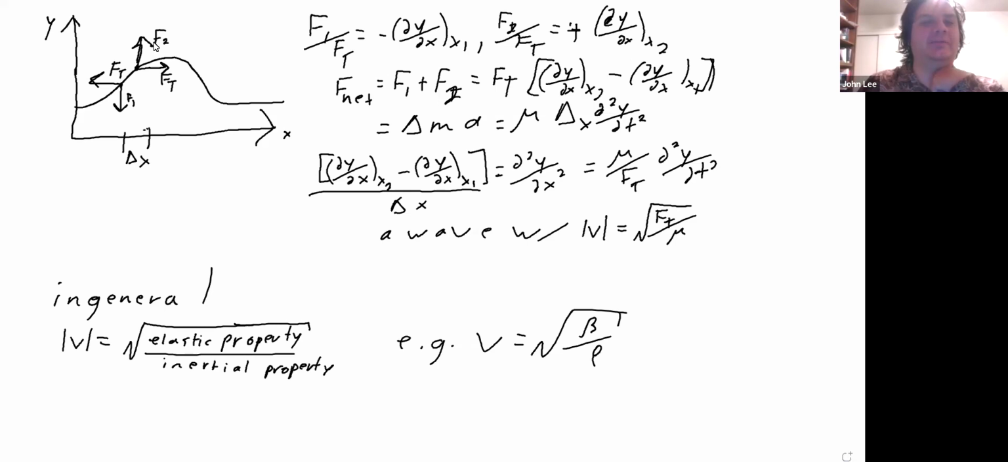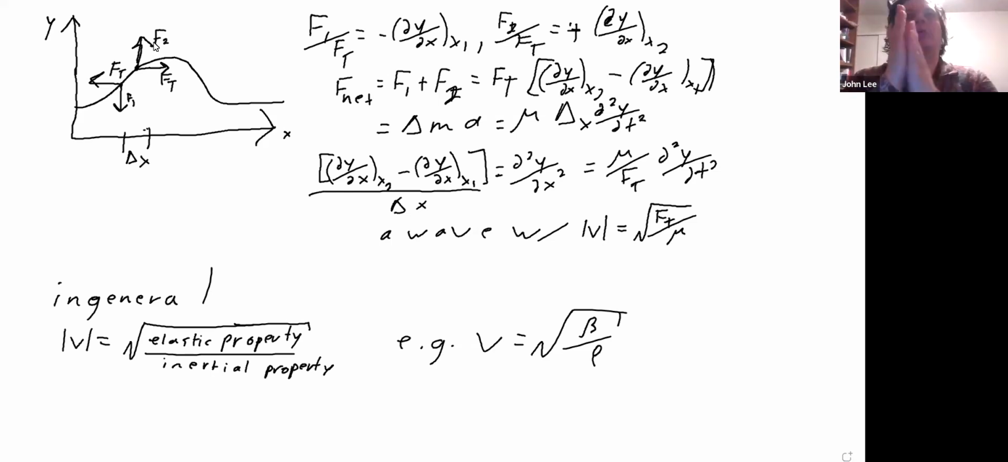is the tension force, are equal to the derivatives of the string at that period, where F1 over Ft is negative dy dx, where y is the height of the string, or how displaced up the string is, and F2 over Ft equals positive dy over dx at x2. So the F net is going to be equal to F1 plus F2, which is just Ft times those derivatives minus each other, which is going to be equal to ma, or mu,